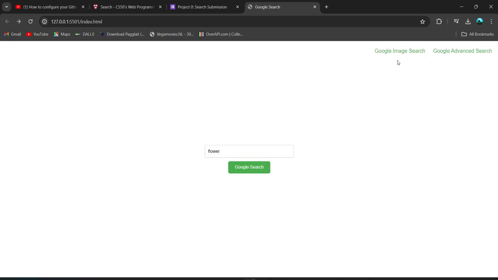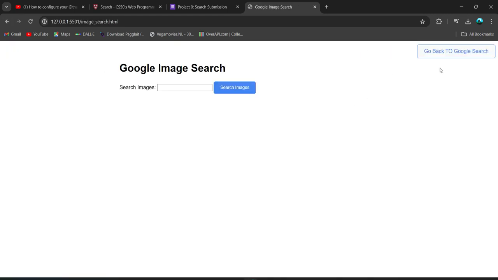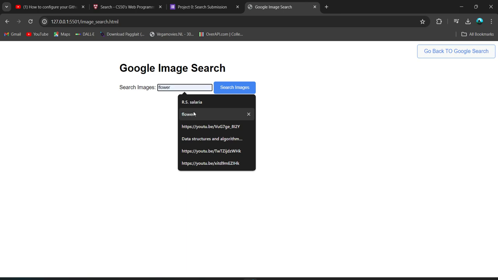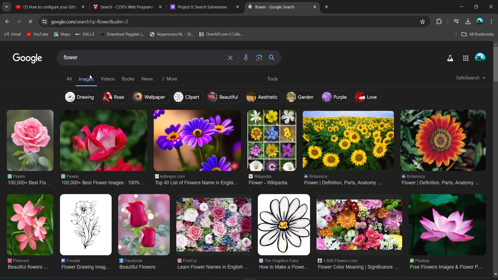It has another section, Google image search, and it has a go back to Google search button also. Here, if we search anything, it will redirect to the image section of the Google search bar. Here you can see the images,